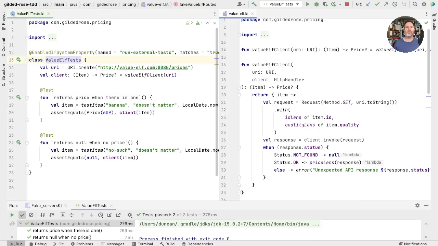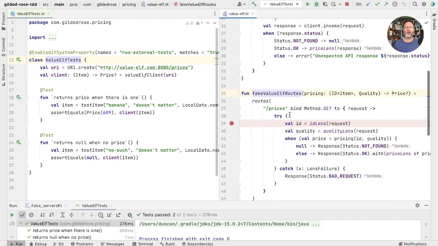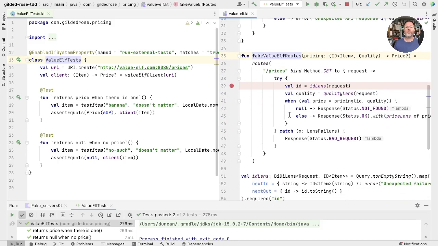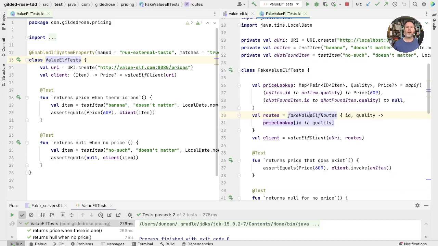So we went ahead and wrote a client to talk to their server, and on the left-hand side are our tests for that client. Now we wanted more control than their test server would give us, so we wrote our own fake version, and that's down here, that fake ValueElf routes. And to help us write that fake, we wrote some tests for it. Here they are. And unsurprisingly, they look quite a bit like the tests for the actual ValueElf